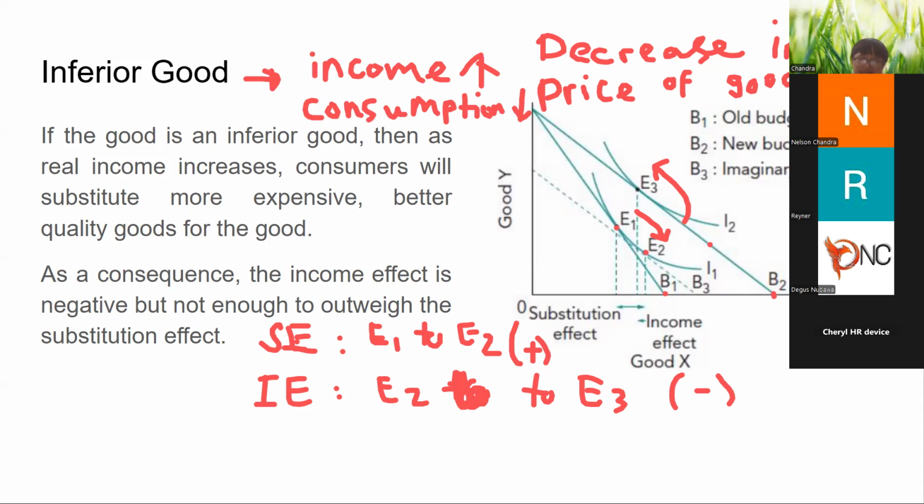That's why good X is an inferior good, and you can see now that less of good X is being consumed in the form of the income effect. However, the substitution effect will not be affected. It will still be consistent. More of good X will be consumed because it's cheaper, but in terms of the income effect, less of good X will be purchased because, again, good X is inferior, and inferior goods are purchased less when your income becomes more.